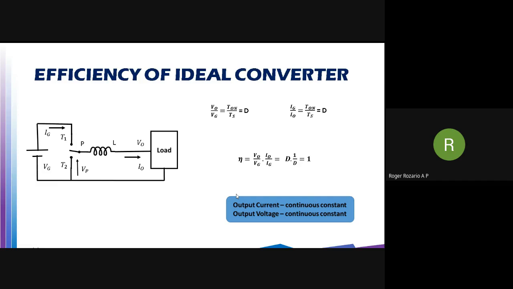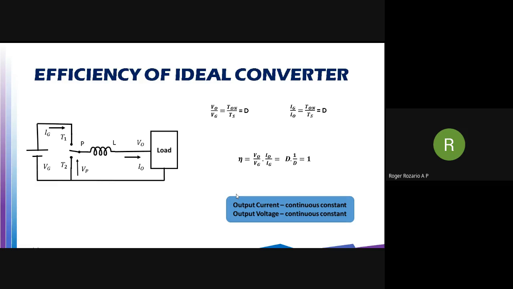So this is what we started off with initially, the analysis of a primitive converter. We assumed all the elements in the primitive DC to DC converter are ideal. There's no resistance in the inductor. Switches are ideal. The sources are ideal. The loads are ideal. Everything is ideal. Under ideal conditions, we derived the forward voltage conversion ratio and the reverse current conversion ratio. Using that, we found the efficiency of the converter to be 1.